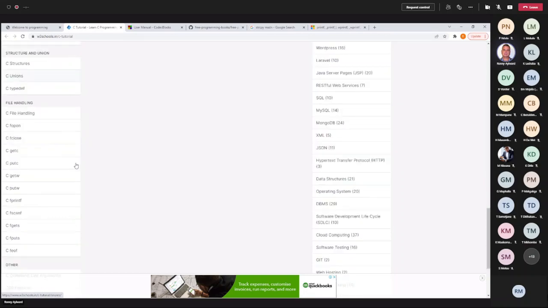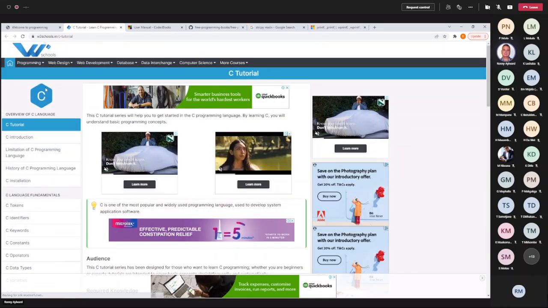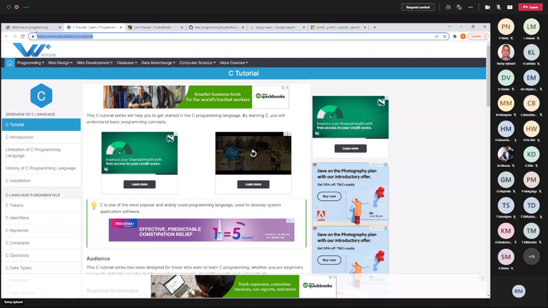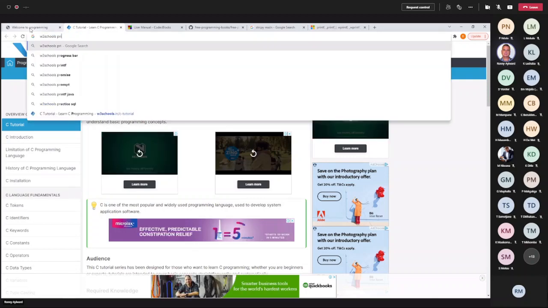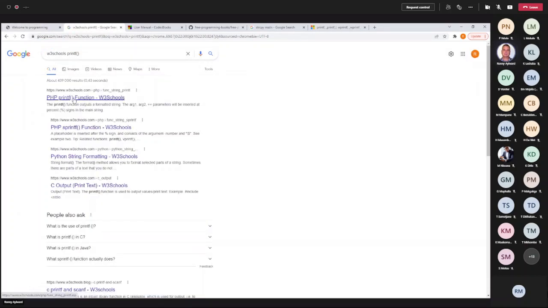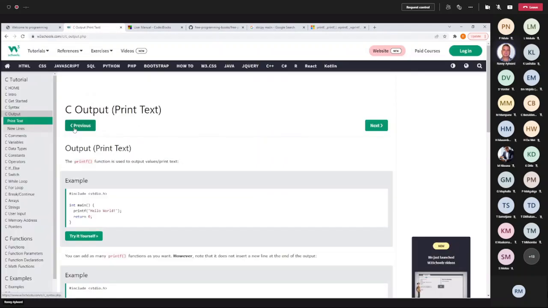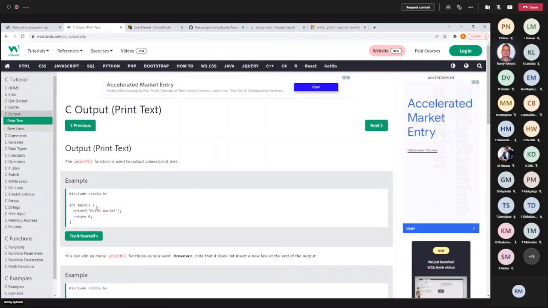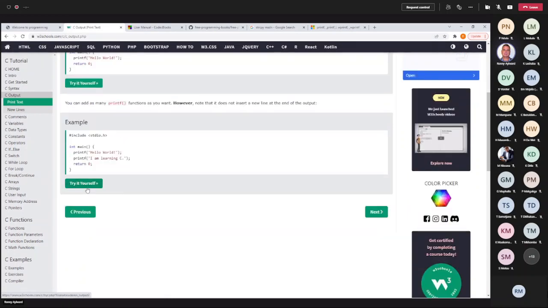What you can also do is to just say W3 schools printf C, and here are examples of printfs, and you can experiment and play with it.